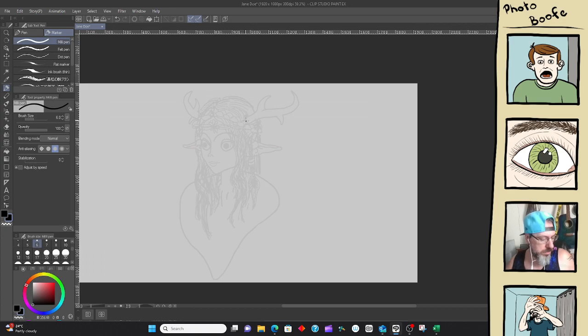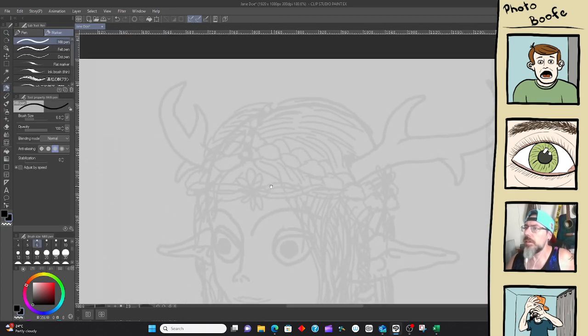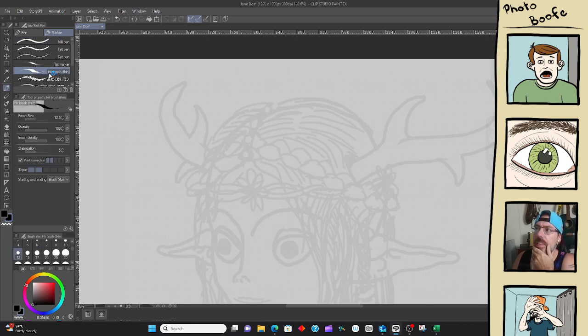Got my line. So for my line, I'm going to use this ink brush thin. I haven't really gone through and downloaded all the brushes that I want. There's all these brush settings you can play with as well. I haven't delved into that. At the moment, I've just got something that's pressure sensitive. I'll whack it on a 10, and I can control how thick or thin I want it to be using this.